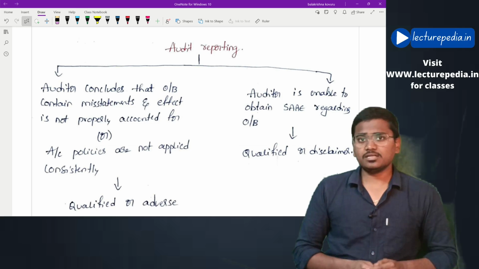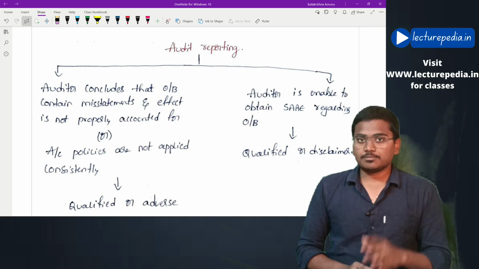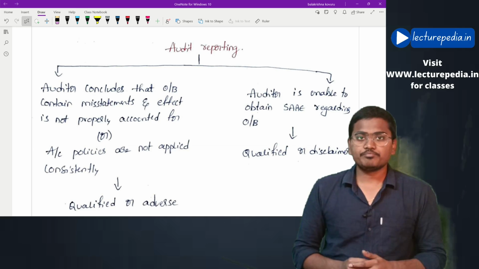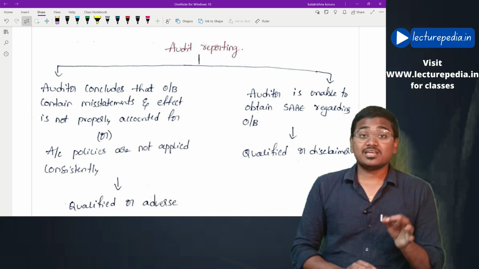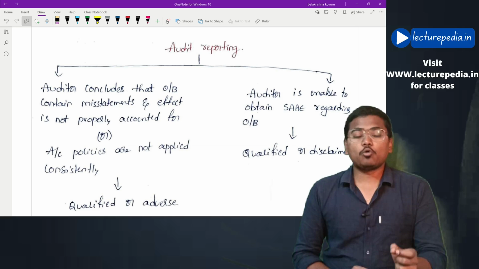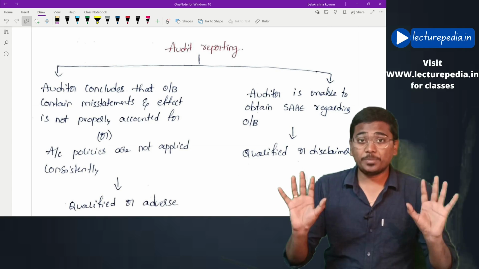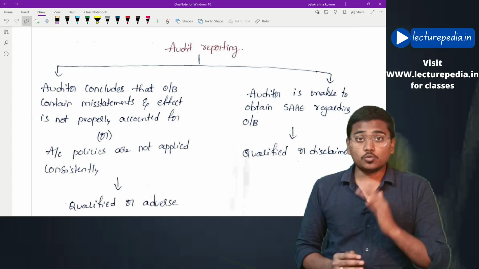On the other hand, if the auditor feels that the misstatements that might be present in the opening balances are material but not pervasive in nature, in that case the auditor will give a qualified opinion. Hope this is clear. Okay, this is regarding misstatements in opening balances. Now moving to